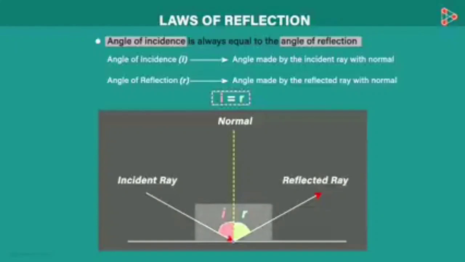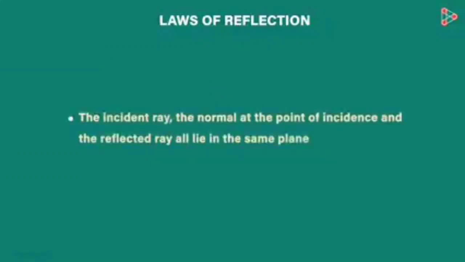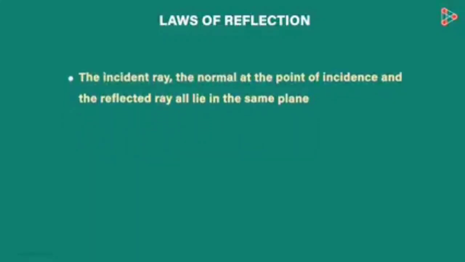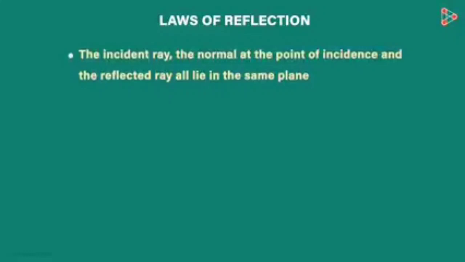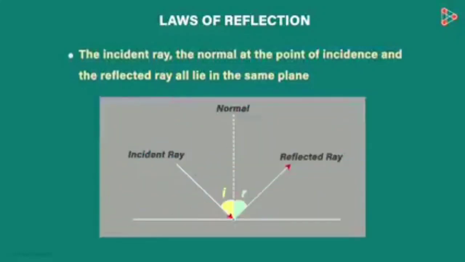If we shift the incident ray and the reflected ray, they automatically adjust, and we again find that I is always equal to R. Now let's move towards the second law. The incident ray, the normal and the reflected ray always lie in the same plane, the plane where we see the phenomenon of reflection. Here we can see that incident